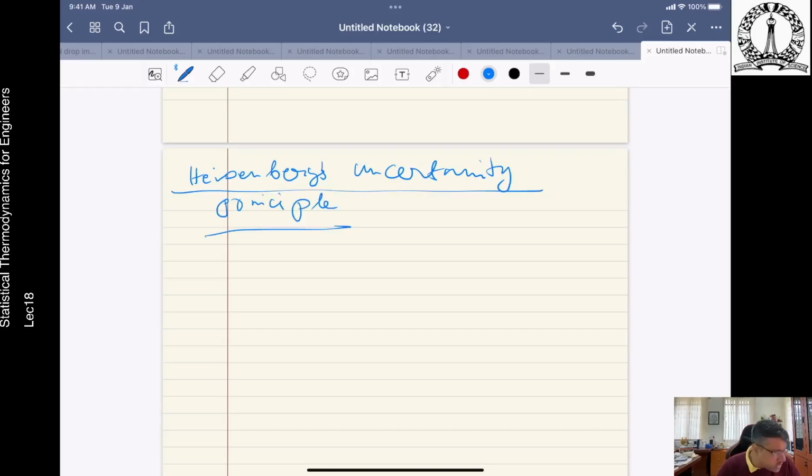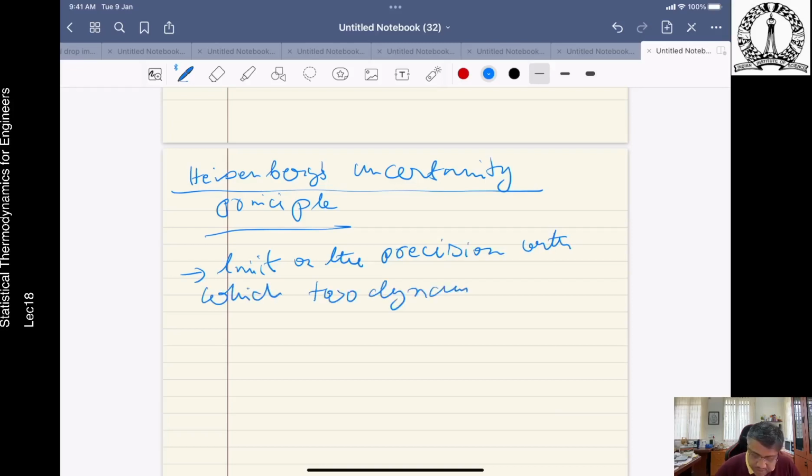What Heisenberg's uncertainty principle states is that it is basically a limit on the precision with which two dynamic variables can be measured,